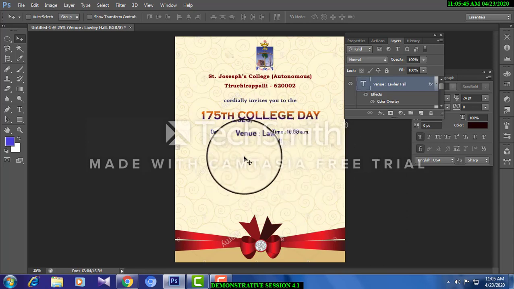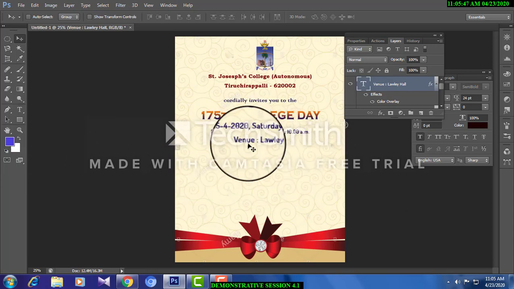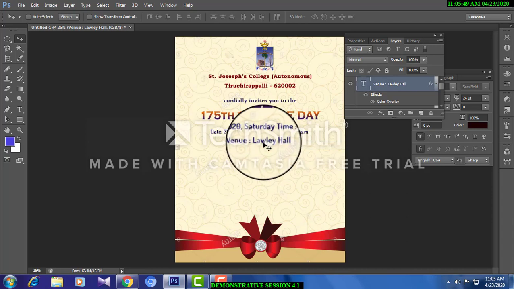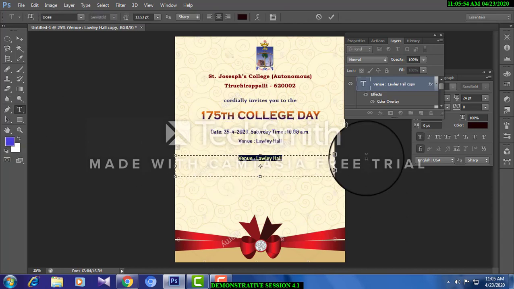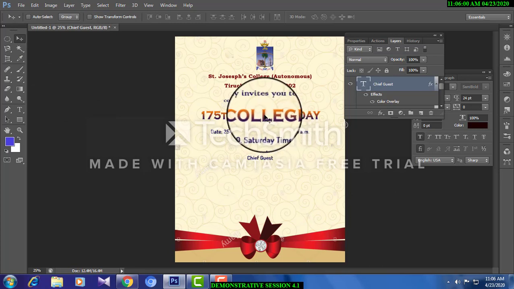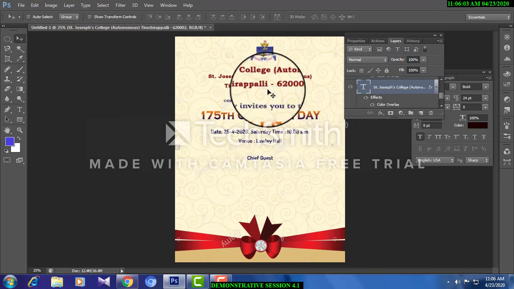And now the chief guest. You can use the font of St. Joseph's College, maybe this font.